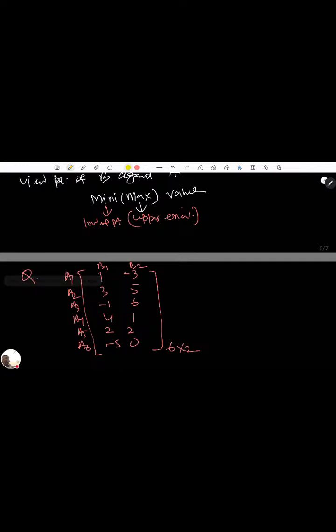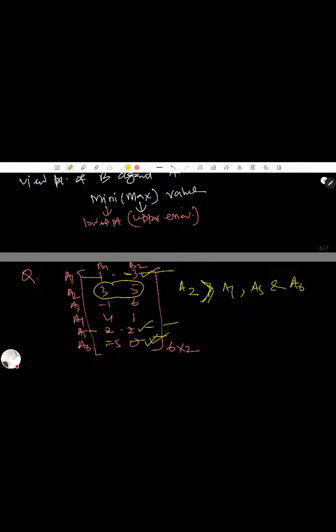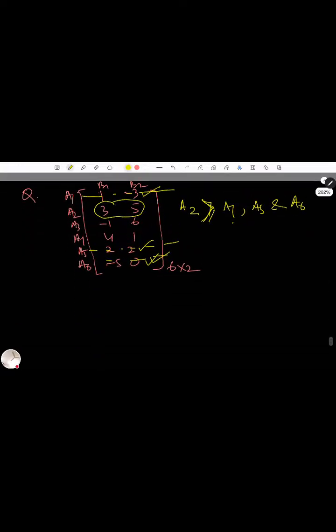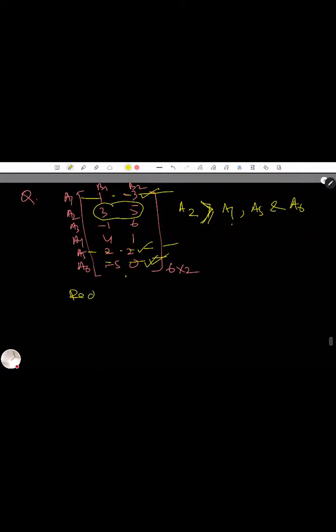You see your A2 here. Your A2 is superior to your A1, is it not? And it is also superior to your A5, and it is also superior to A6. So these three will be dominated. Right? So we reduce it. After the domination, the reduced matrix here is